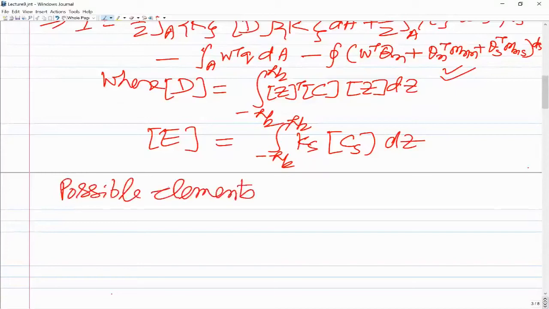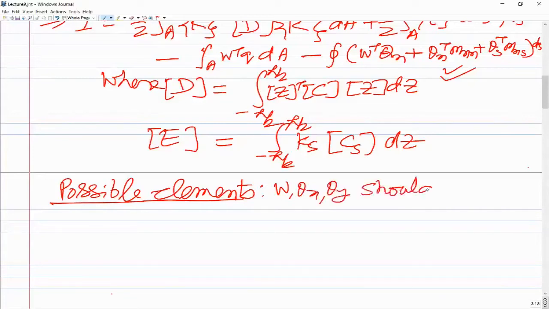So when we talk of the possible finite elements, whatever elements we develop or formulate, we have to have, because the primary variables in this problem are w, theta x and theta y, because they define the three displacements u, v and w. So u is defined in terms of theta x, v is defined in terms of theta y, and w. So we have w, theta x and theta y as the primary variables, the geometric quantities. So these should be continuous across the element boundaries